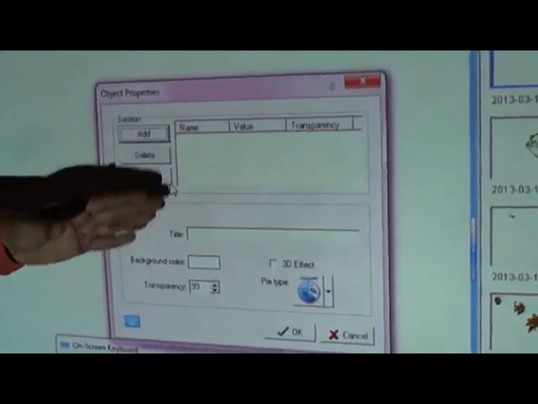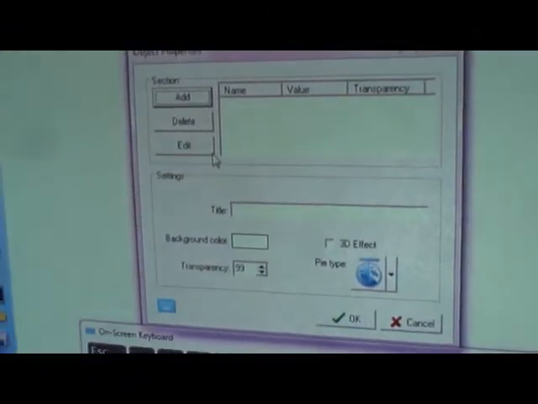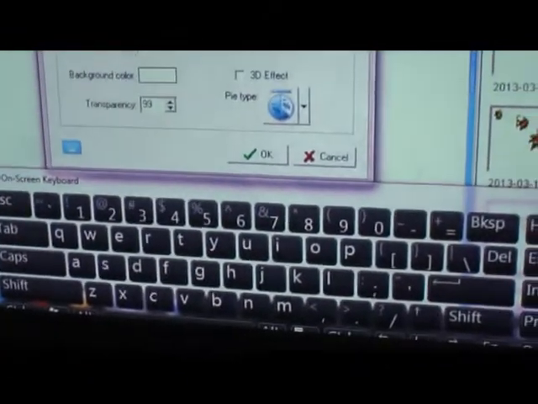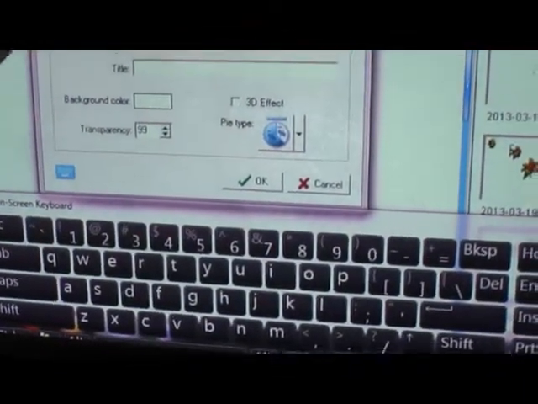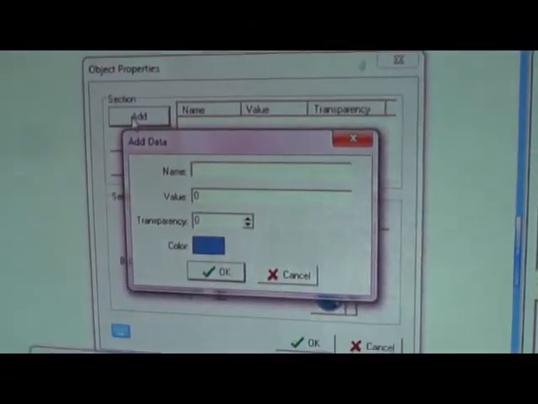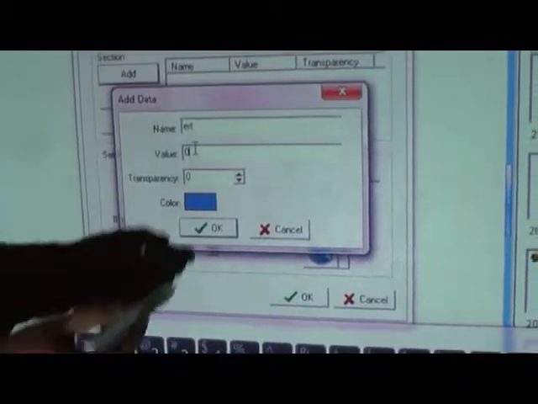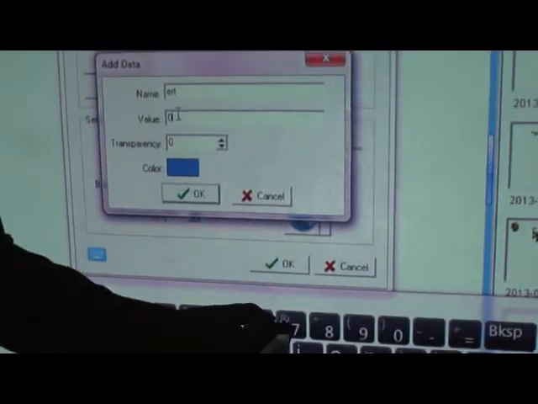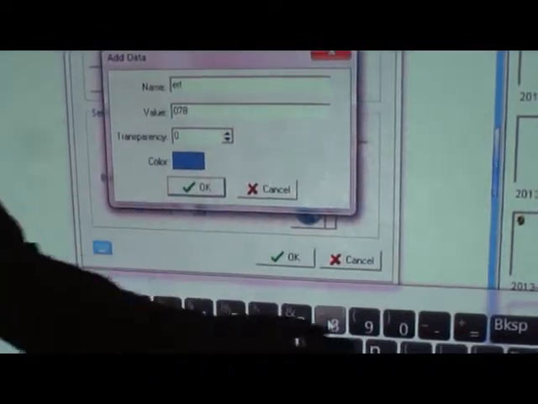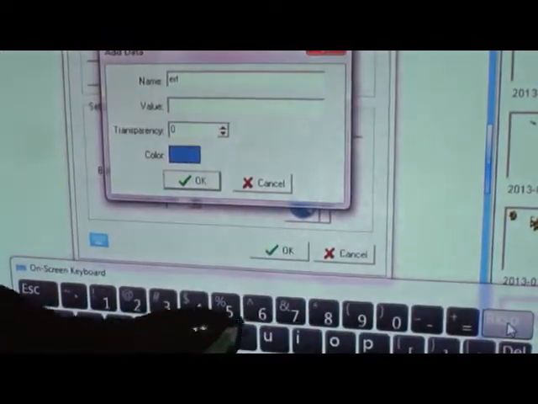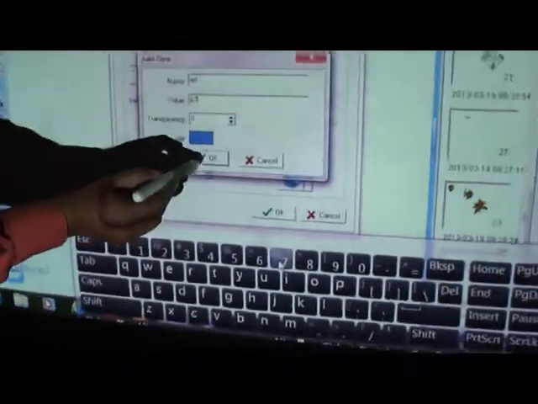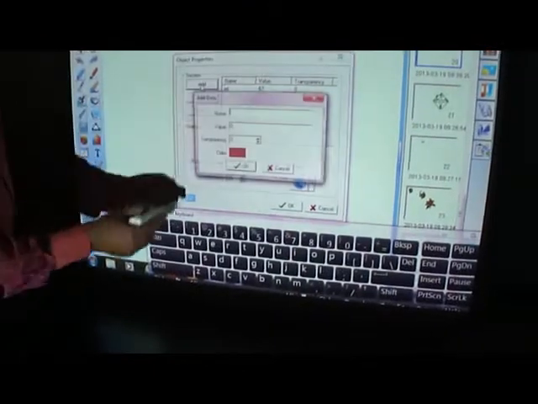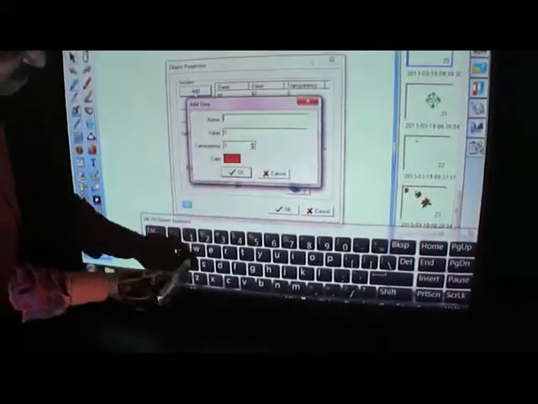I have selected the pie diagram, and here you can just add on instantly. Once I select this, the keyboard also comes along with it. Now this software has been programmed in such a way. Now you can just add on any name and give a value or marks for it. And there it is done. The same thing, you can add another name. This is a simple example I am taking.